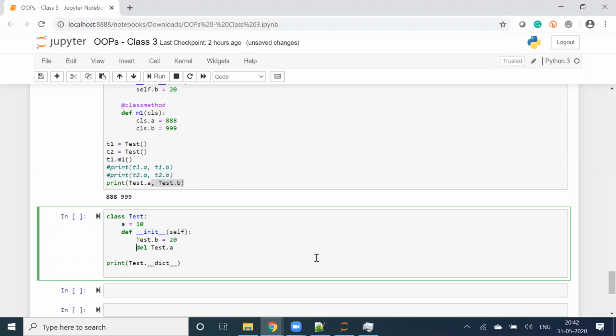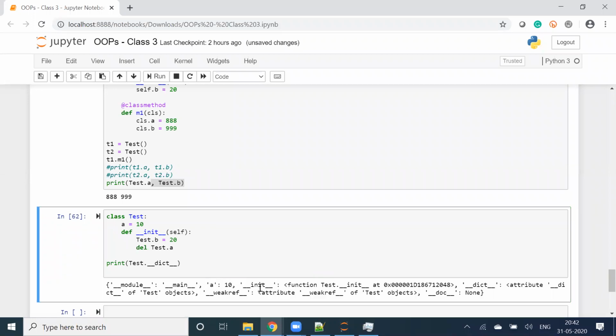B will not appear. Only A will appear. Did I call the constructor? Did I create the object? If I am not creating the object, will the constructor execute? If the constructor will not execute, then which variable is present here, guys? Then why are you guys saying B? Clear?